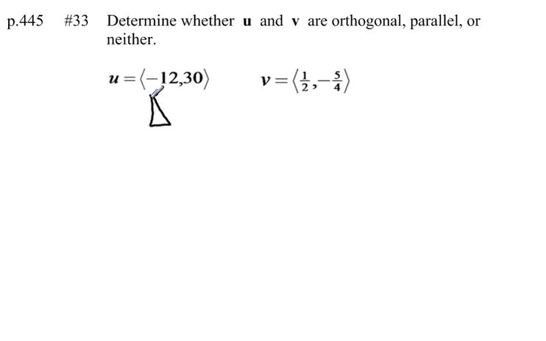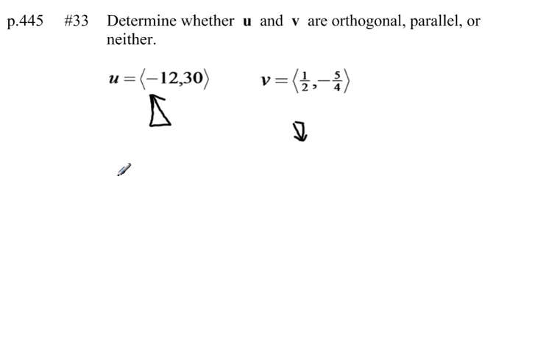So vector u looks something like this. Vector v goes 1/2 to the right and 5/4 down. So vector v looks something like this. Now I want to tell whether u and v are orthogonal, parallel, or neither. First of all, to tell if two vectors are orthogonal, we need to check to see if their dot product